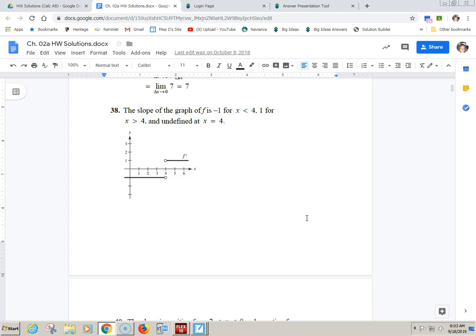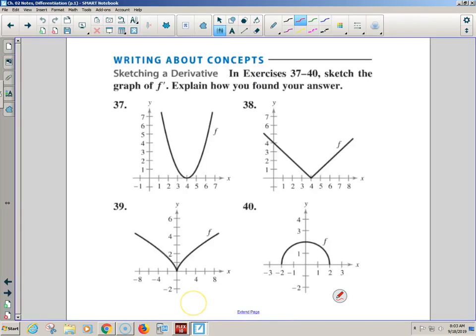Okay, can we just talk about 38 real fast? I'm sorry, just real fast. Not all of them, just 38. I did it for you yesterday in class. Because what kind of function is number 38? Absolute value. Can you open up your notes to where we were talking about differentiability and continuity?